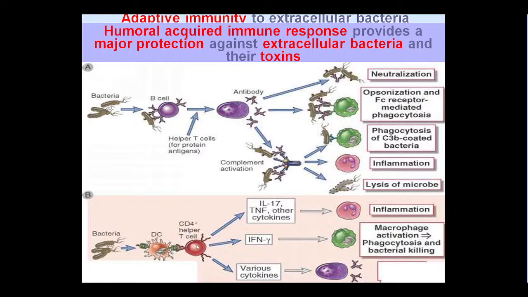Dendritic cells present this bacterial antigen in complex with the MHC2 molecule to the T helper cells. These naive T helper cells, dependent on the microenvironment, the presence of cytokines in the area where they are, may be transformed to different types of T helper cells. If a naive Th0 cell is matured to the T helper 17, in the upper square, this helper starts producing interleukin 17, 22, tumor necrosis factor. And we know that this cocktail of cytokines stimulates inflammation via recruitment of neutrophils and their attraction from vessels to